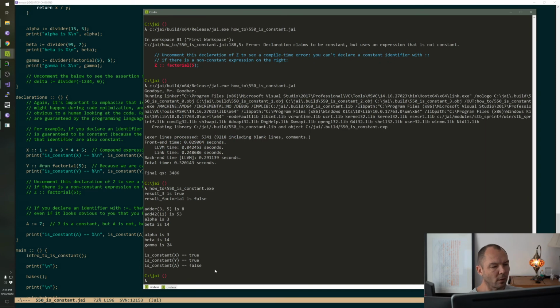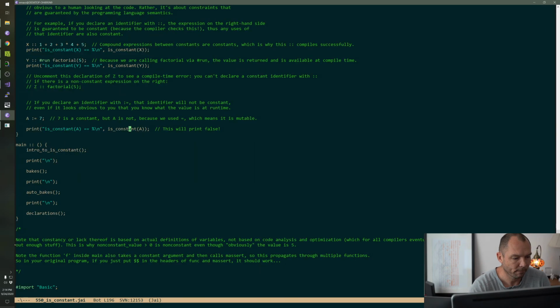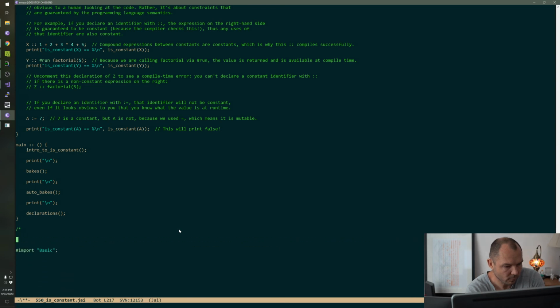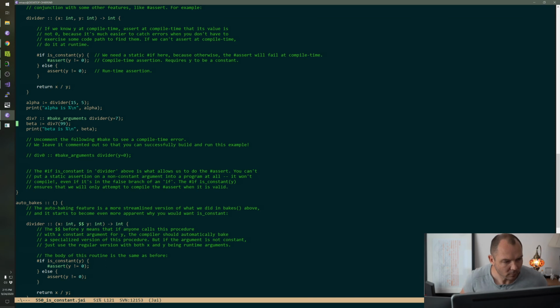Okay. Do we have any other ideas about what should be in this file? That seems like enough. So the desire isn't really to make it longer.